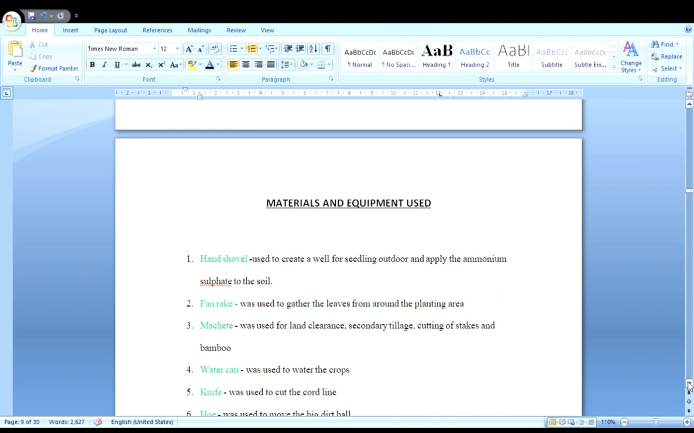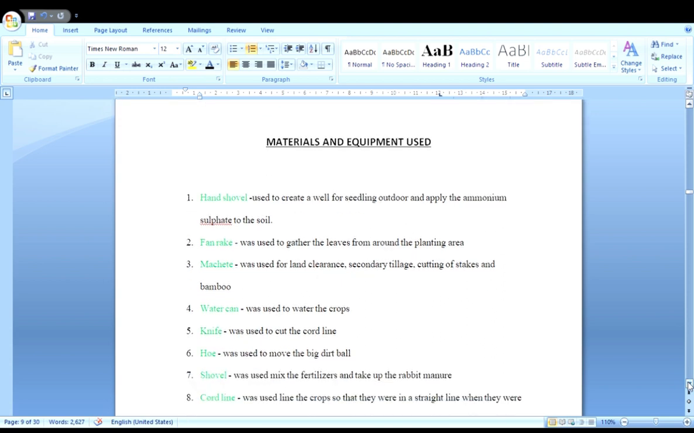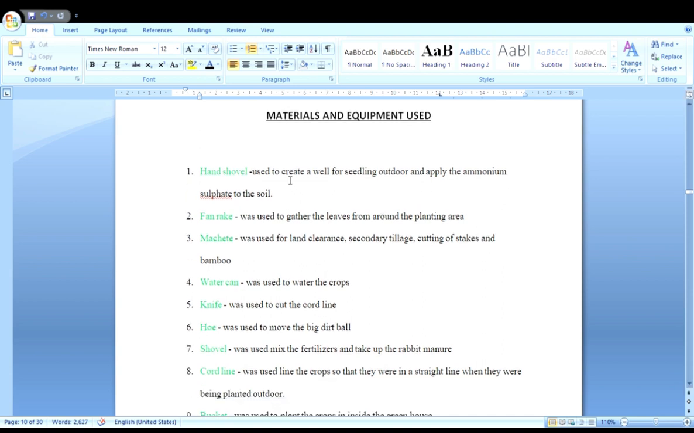Alright, we are still at the methodology. Of course, we are at the material and equipment used. So how you would do this part, you would basically list all the materials and equipment used and you describe them. Alright, so for example, number one, hand shovel. Alright, so the hand shovel is used to create a hole for planting seedling and also for applying ammonium sulfate